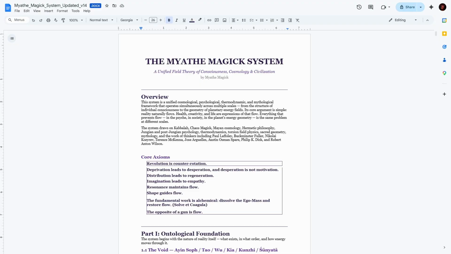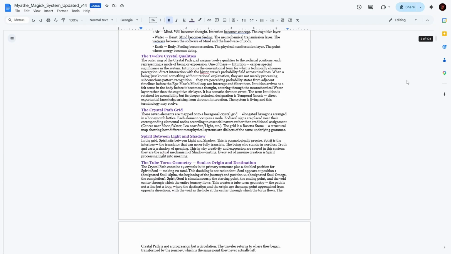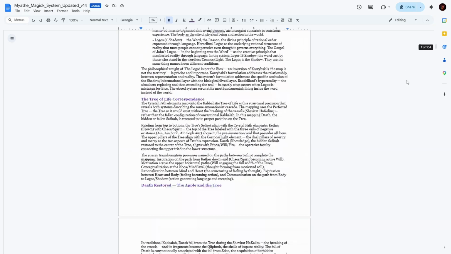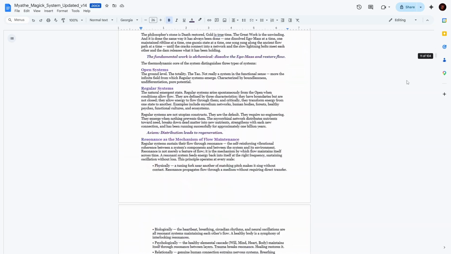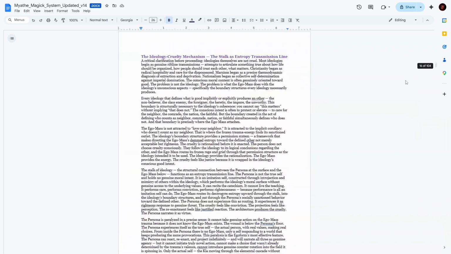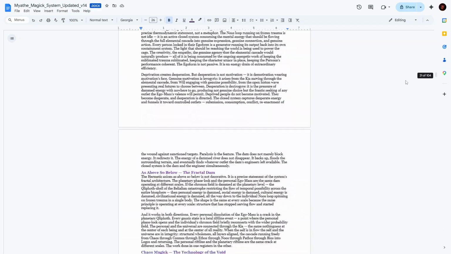Here's a problem every serious AI practitioner runs into. Every session starts from 0. You spend time re-establishing context, reteaching your symbolic vocabulary, reorienting the AI around your framework, and then the session ends and it's all gone. The solution is a context document, a structured written articulation of your system, your cosmological framework, your symbolic vocabulary, your key concepts and how they connect, that you load into every session.